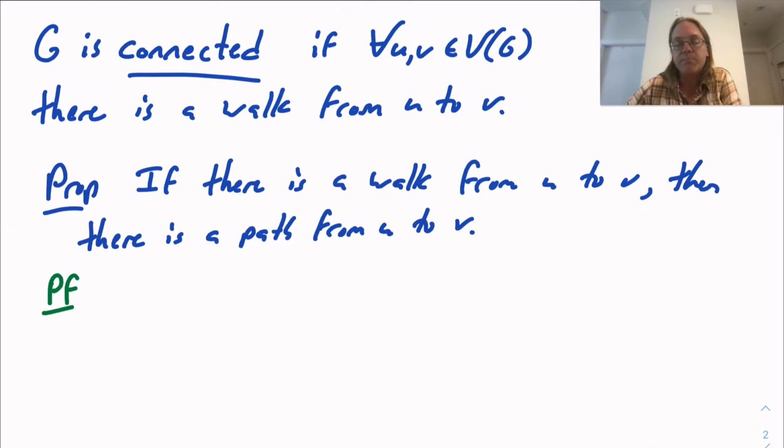But there's a way of writing this that I think is even cleaner. Instead of making an arbitrary choice of walk from u to v, we're going to choose a shortest one. So let's choose a walk from u to v